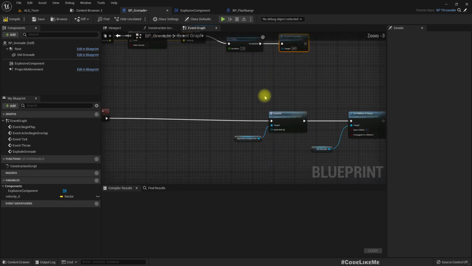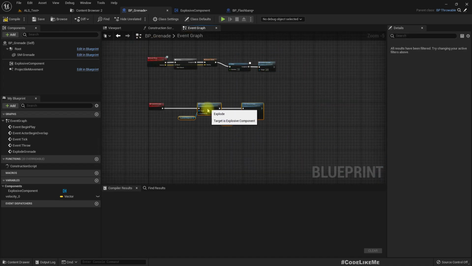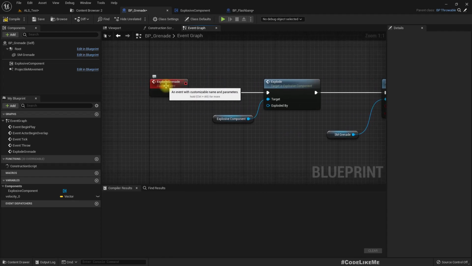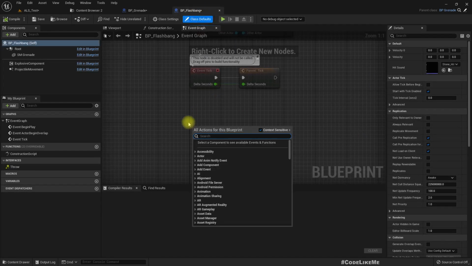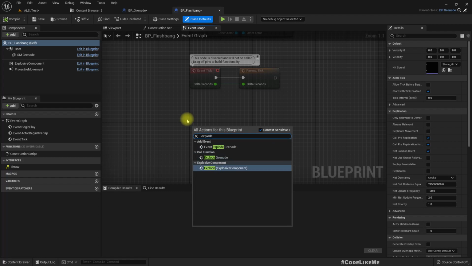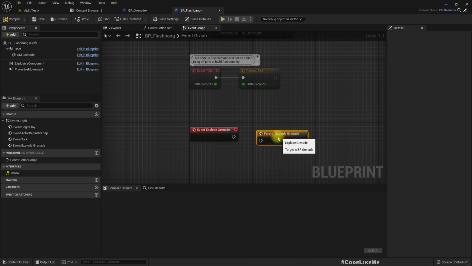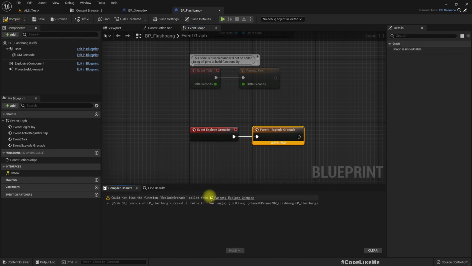Okay, right, now if I override this explode grenade event here, we can access that exact point where we need to implement the flashbang effect. So what's here? I have to compile this first. Okay, so now here only for testing,